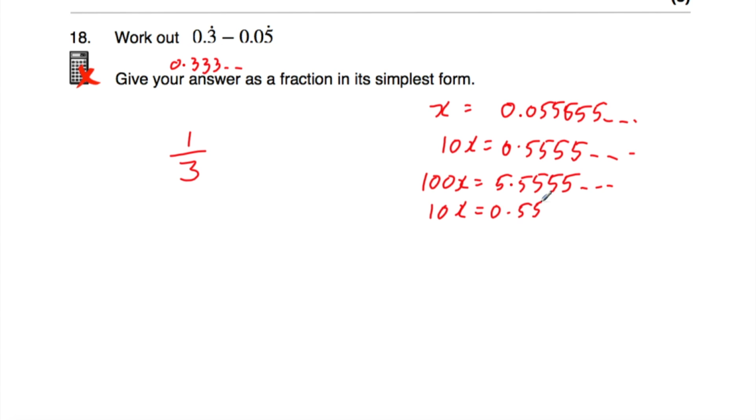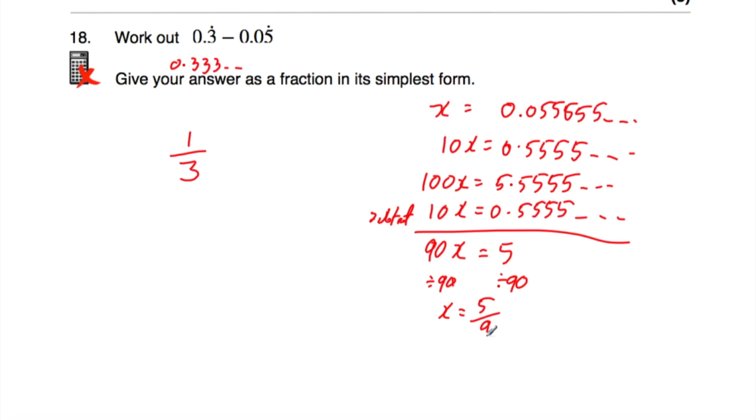0.5555 and so on. So if we take those away from each other, so subtract, we get 90x, because 100x take away 10x is 90x, is equal to, and 5.555 take away 0.555 would just be 5. So that means that 90x is equal to 5, and that means that x is equal to 5 over 90, or 5/90ths. And we can cancel this down. They're both divisible by 5. So 5 divided by 5 is 1, and 90 divided by 5 would be 18. So that means that 1/18 is